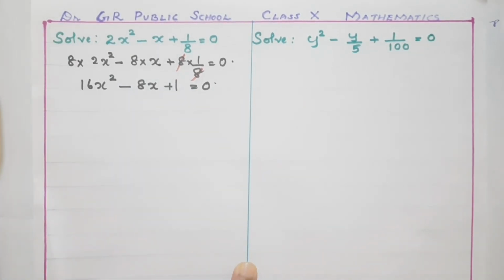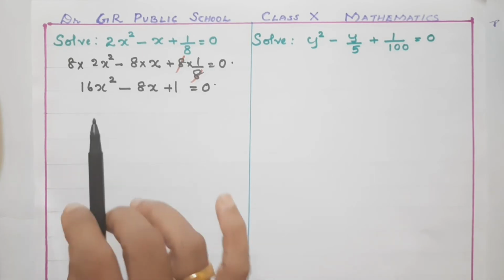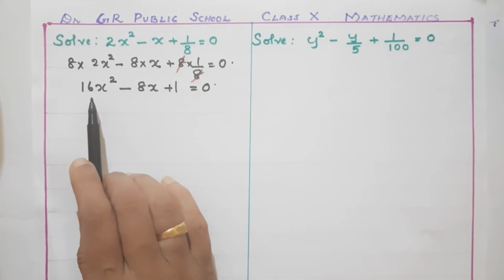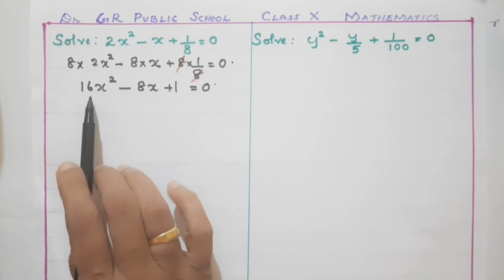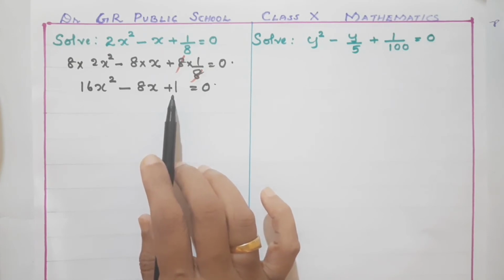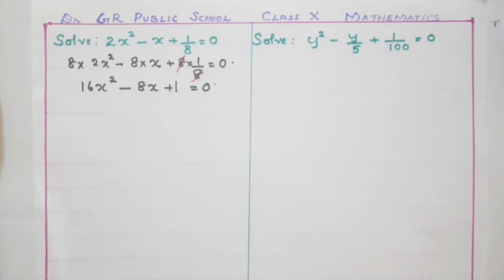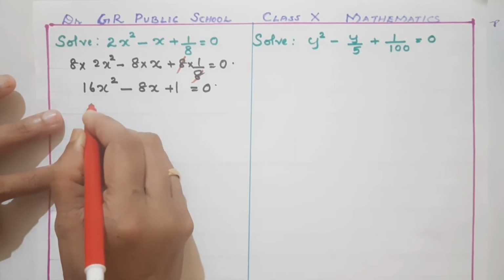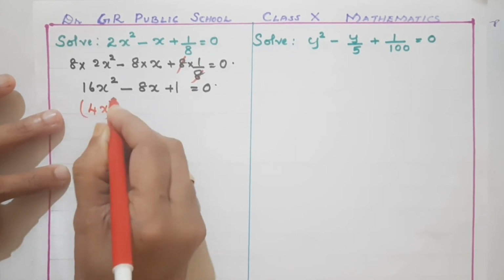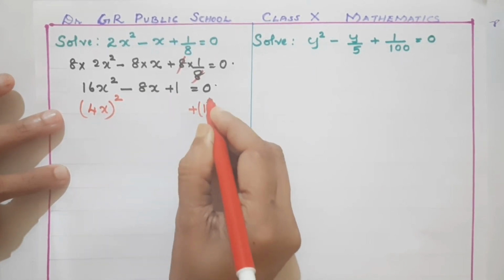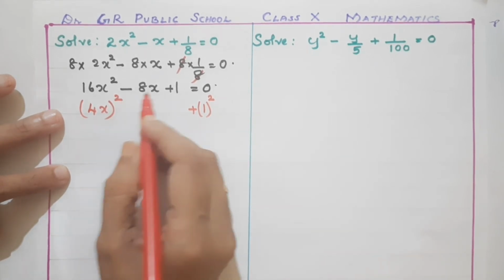Okay. Now you can apply any identity. Splitting middle term you can apply, or see here 16x square is the square of 4x. This is also a square term. So you can apply that identity also. So 16x square is the square of 4x, isn't it? This can be written as 4x the whole square. Then plus 1 can be written as the square of 1. Okay. You check the middle term.